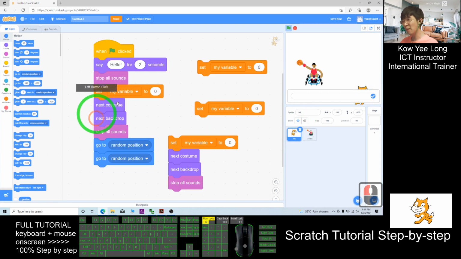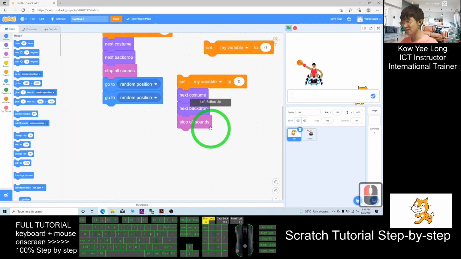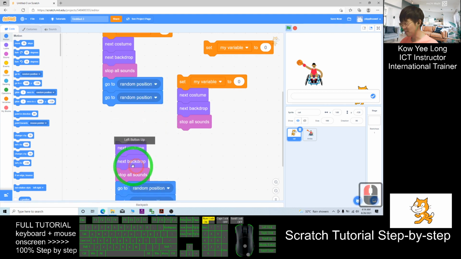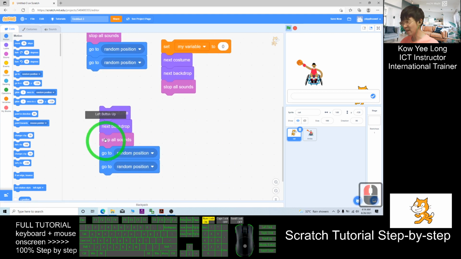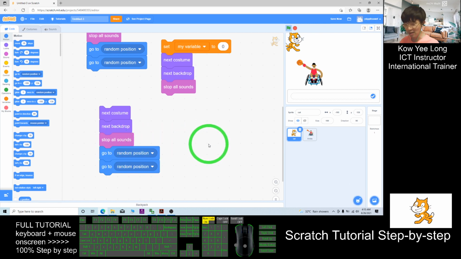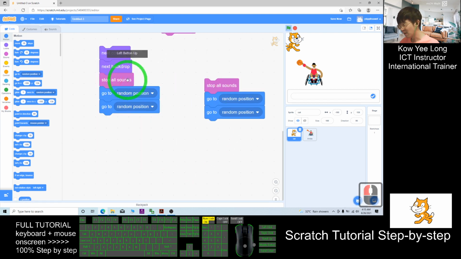It's also applicable at the same sprite here. Here, if I use Control V, it can copy and paste here as well. If I click here, I use Control C, press Control C on my keyboard, and I move my mouse cursor to here, and I use Control V. It will exactly copy from here